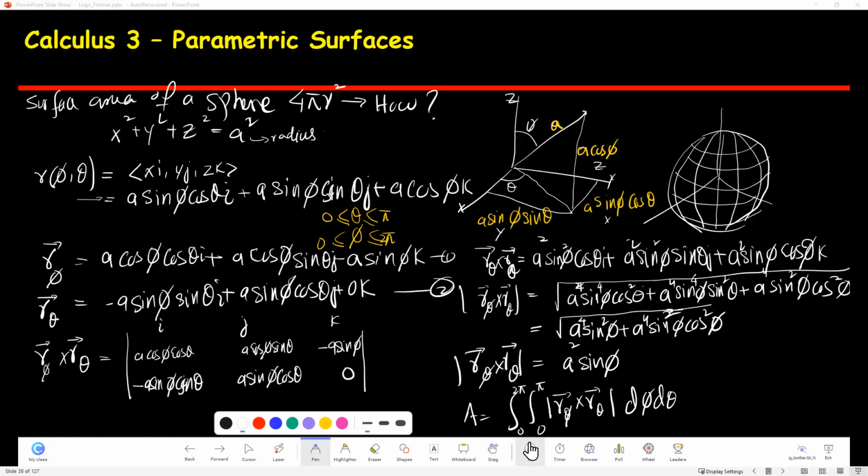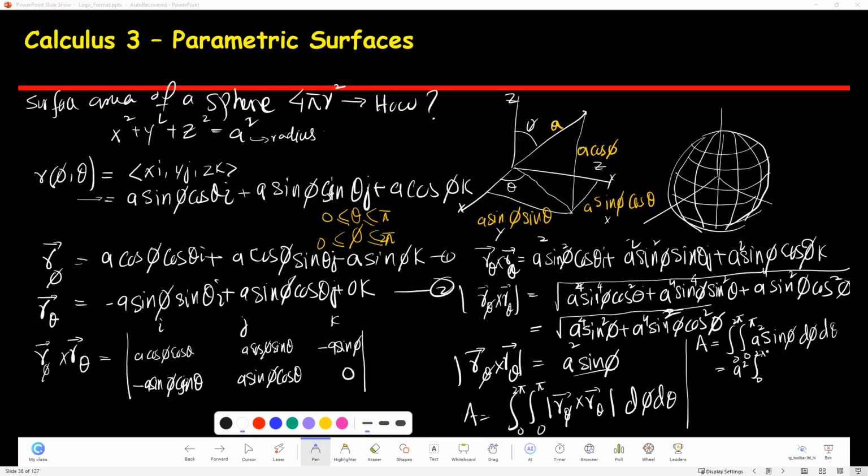It's fairly simple. Maybe we can solve it here if you could. So I'm going to take the integral of this one, and it's going to look like this. Area of a sphere equals the integral from 0 to pi and 0 to 2 pi, and this whole thing I solve is equal to A square sine phi d phi d theta. If I take the integral for the first one, it's going to be A square, 0 to pi